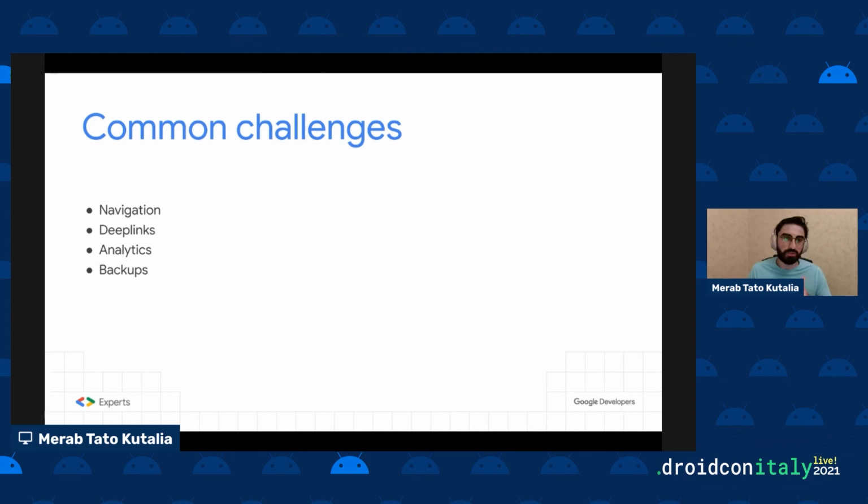Deep links can be covered by UI Automator, but they're still a little bit tricky to test, and sometimes they may act differently on different devices,